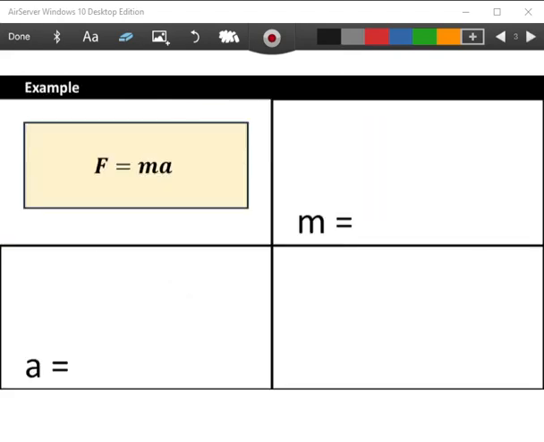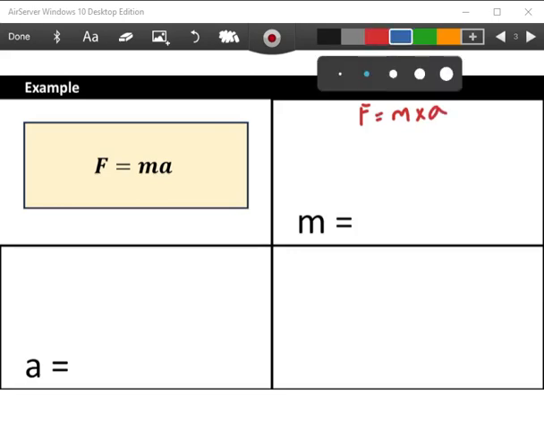We'll start with some familiar equations, especially if you're a physicist. So we'll start with F equals ma, force equals mass times acceleration. Now I'm going to rewrite this slightly to F equals m times a. And the reason I'm going to do that is because it just focuses our mind on the fact that our operation